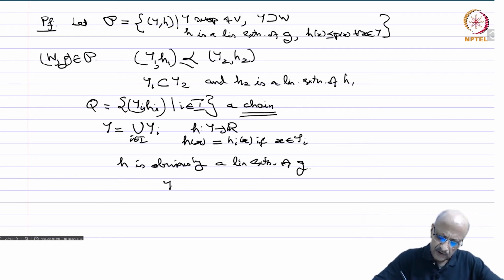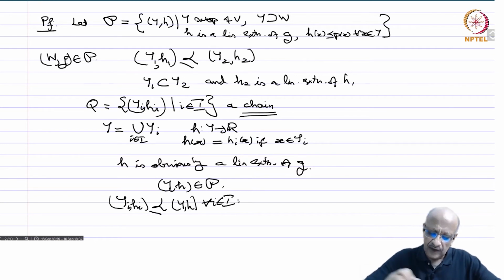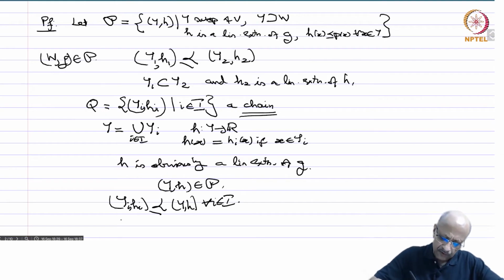Therefore yh belongs to P. So every chain has an upper bound, and yi hi is clearly less than or equal to yh for all i. Therefore every chain has an upper bound, and therefore by Zorn's lemma there exists a maximal element